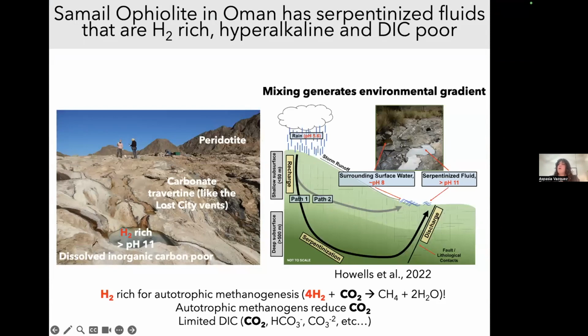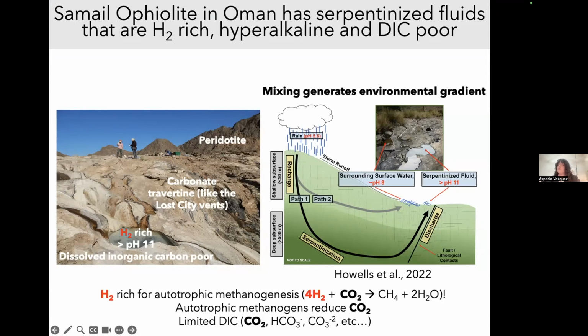The ophiolite in Oman has serpentinized fluid that is rich in hydrogen. It's hyperalkaline and it's poor in DIC, which is dissolved inorganic carbon. The figure to your left is a figure displaying how the mixing in this environment occurs. There are various ranges of pH in these environments, and so we can see here that there is a pH 8 surrounding surface environment, and those are our type 1